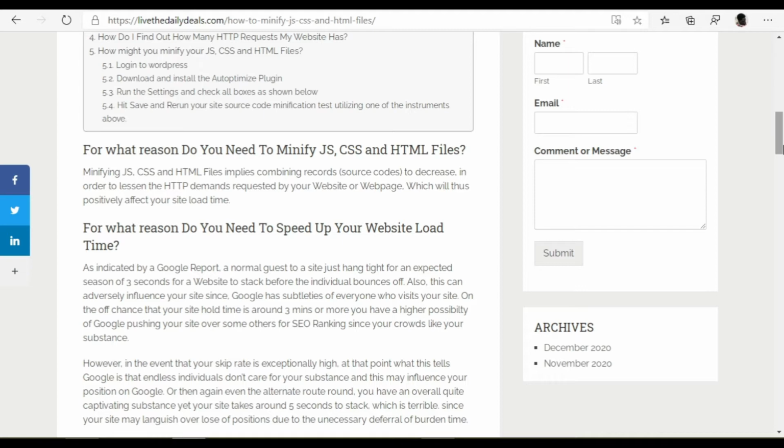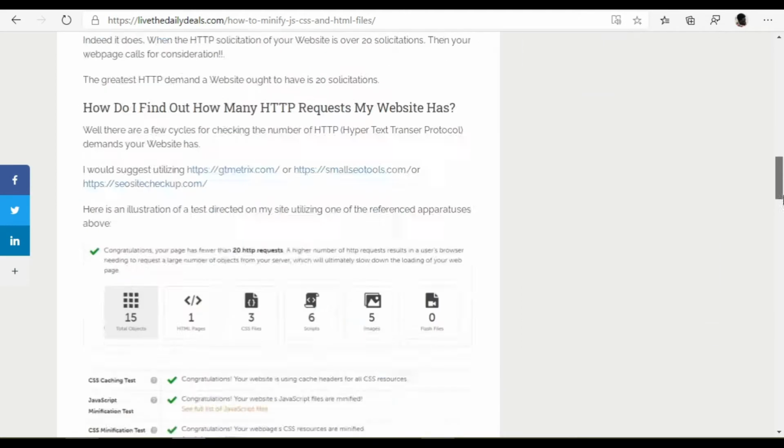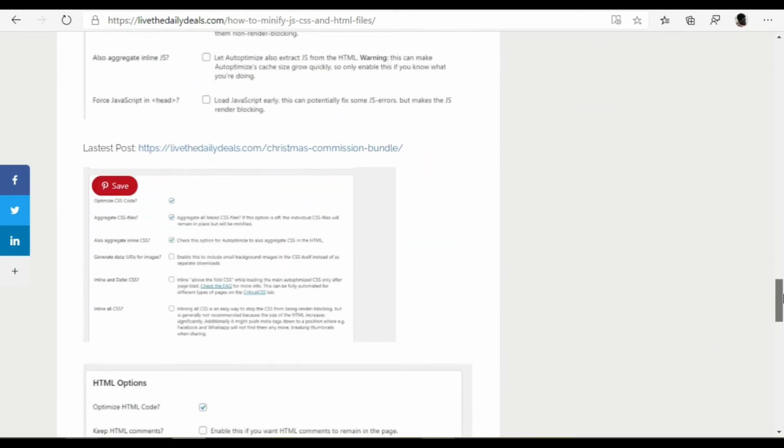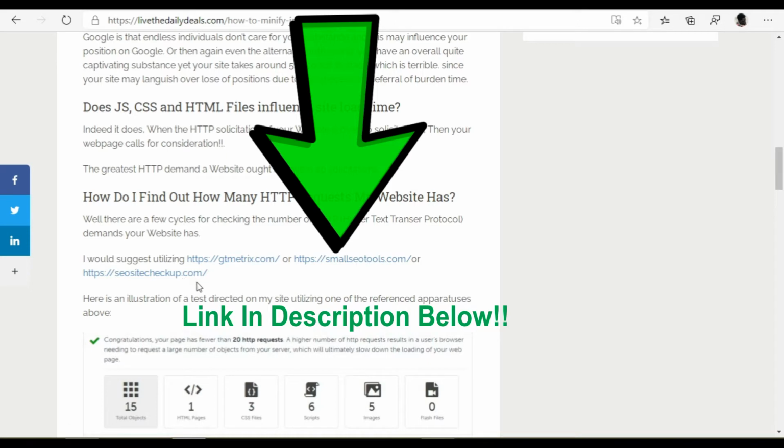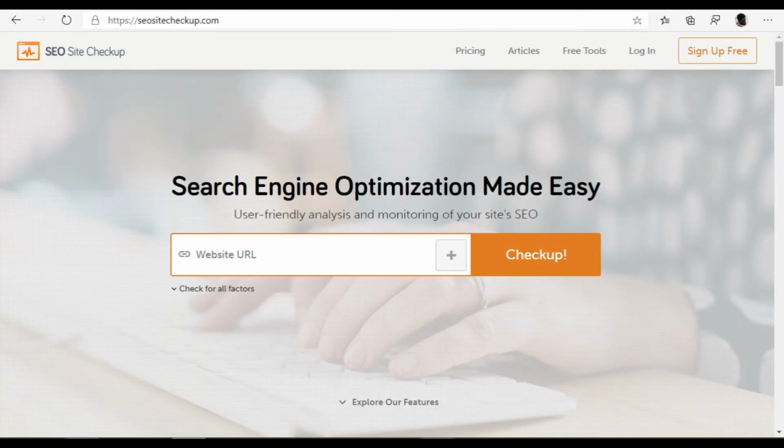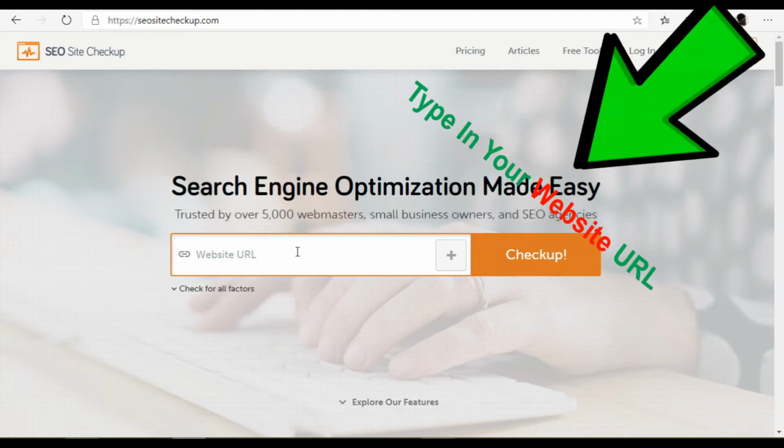In order for you to check how many HTTP requests your site has before you implement whatever I'll be teaching you in this tutorial, in this same article I put in some links where you can check that. As you can see, GTmetrix and Small SEO Tools or SEO Site Checkup. But in this video, we'll be looking at just two of them. In Small SEO Tools, all you have to do is put in your website URL here and click on checkup. So if I put my website URL here,